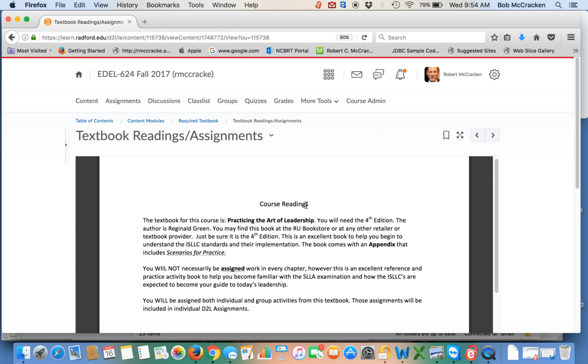So there is your course textbook. Please note the 4th edition that the course is based on. The other editions will not align with the assignments that you have within that particular book. You'll be assigned both individual and group activities from this textbook. Those assignments are included in your individual D2L assignments as well as your group assignment and are included in the